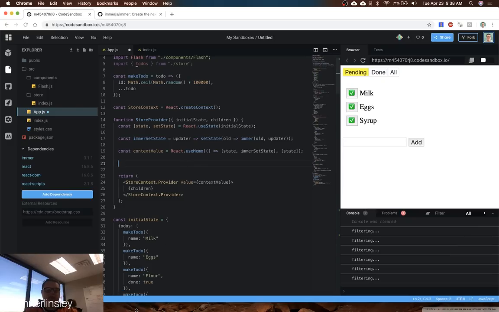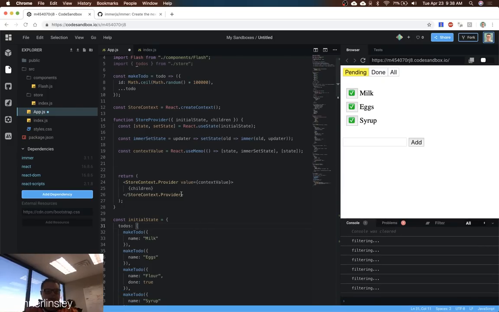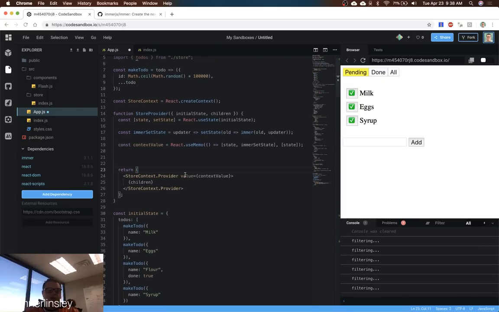Get rid of my doc. Somebody said bigger font size. I got you. Okay, so what we want is,